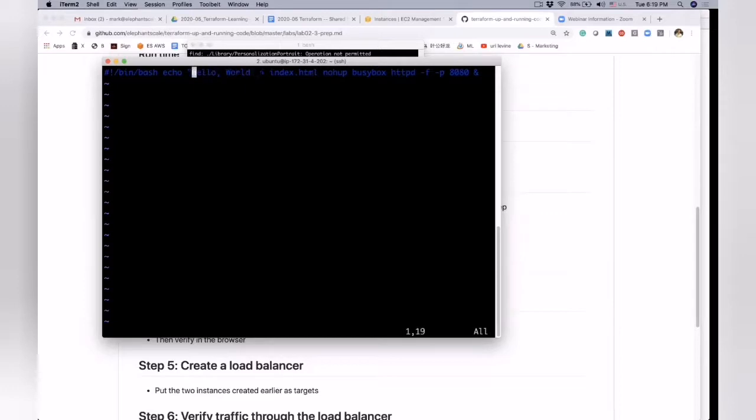Those two lines, what we really meant is that first there's a bash, and then there's an echo, and then I believe I need to do nohup. I'll fix that, but you can see what I meant.